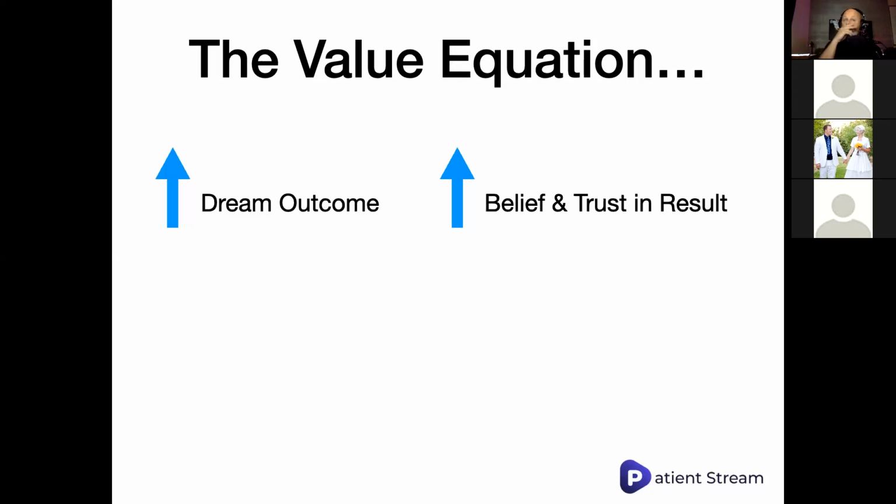So on the top side of this fraction, there are 2 primary things that we fail to do and we must do. Number 1 is increasing the dream outcome. Now, what is the dream outcome? When you think in terms of your life right now, what do you want it to be? I can tell you yesterday, I had a little bit of a health scare. Don't need to go into it. Personally, I had a little bit of a health scare. And I can tell you that